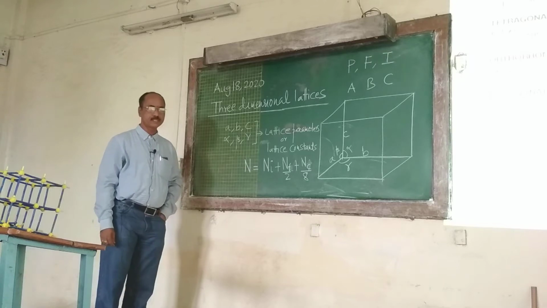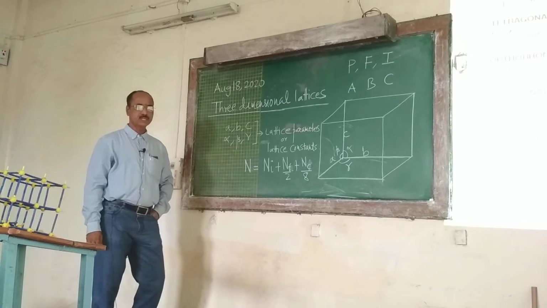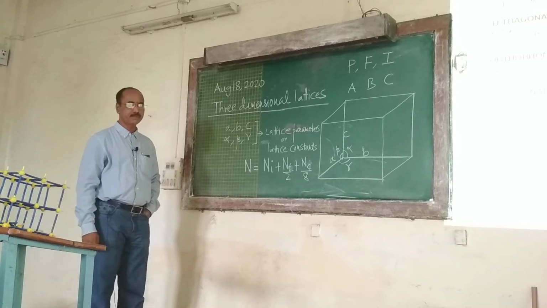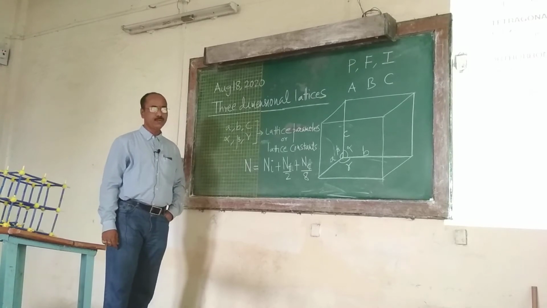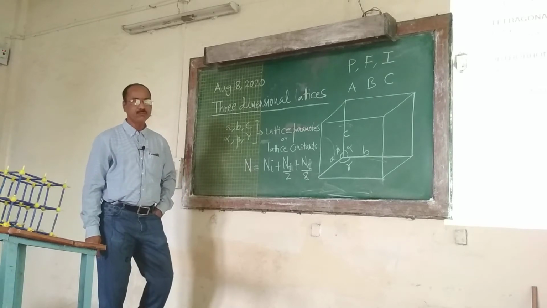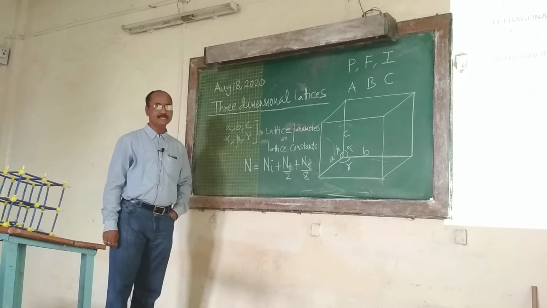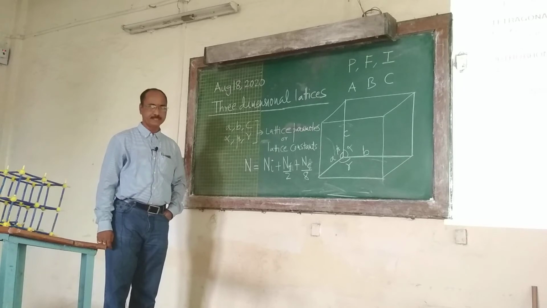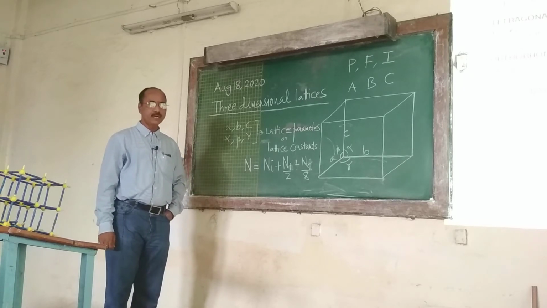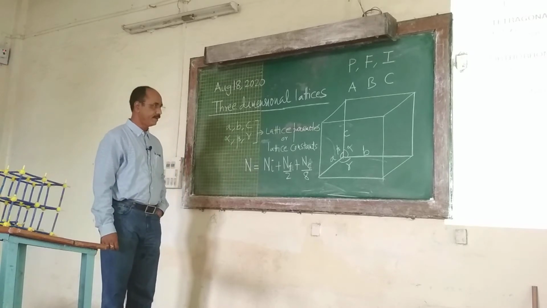Good afternoon, students. Welcome to another video on crystal structure. We are studying some basic things about the crystal structure. In the previous video, we studied two-dimensional lattices and what is meant by Bravais lattices. A Bravais lattice is a lattice which is compatible with one of the point group symmetries. There are 10 and 32 point group symmetries in 2 dimensions and 3 dimensions.